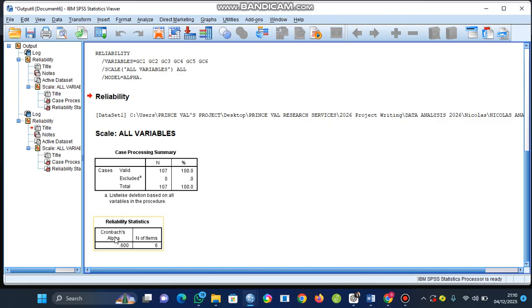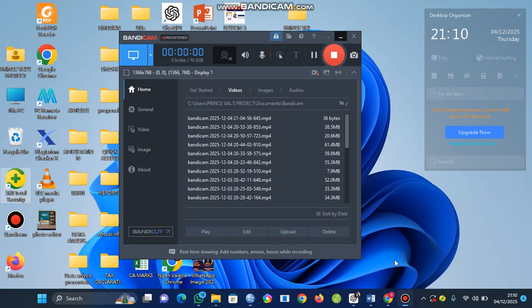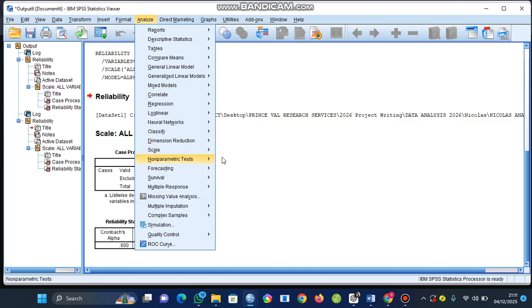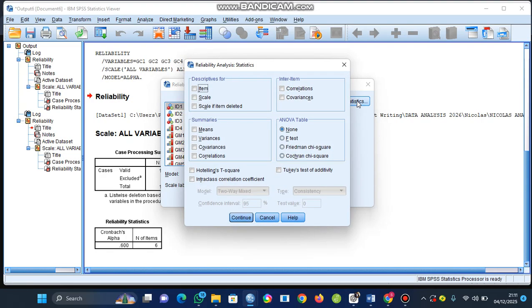But then there are some cases where you test like this, and then you feel that the value is not very good and you could adjust it. So you could go to another method where you adjust it and see if you can increase this coefficient. How do you do that? You go to analyze, you go to scale, take reliability. Now at this point you have to go to statistics, okay, and